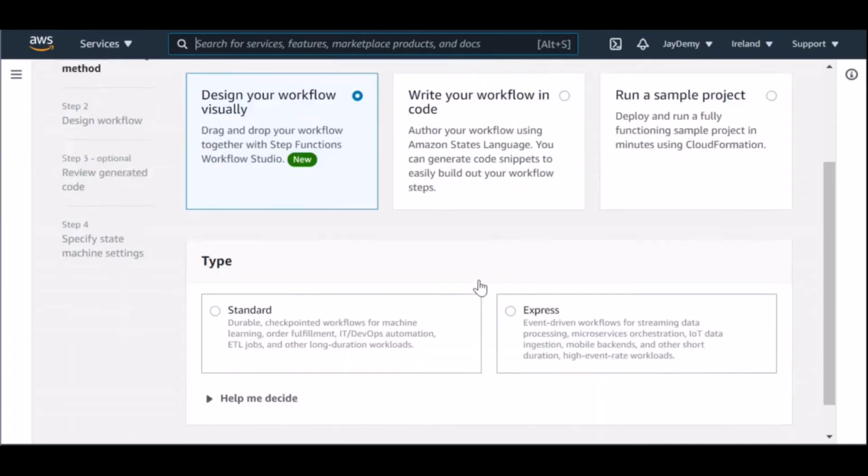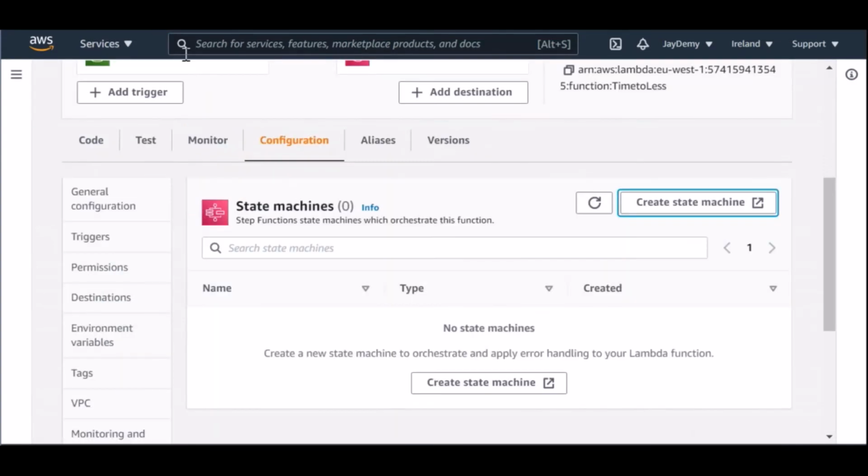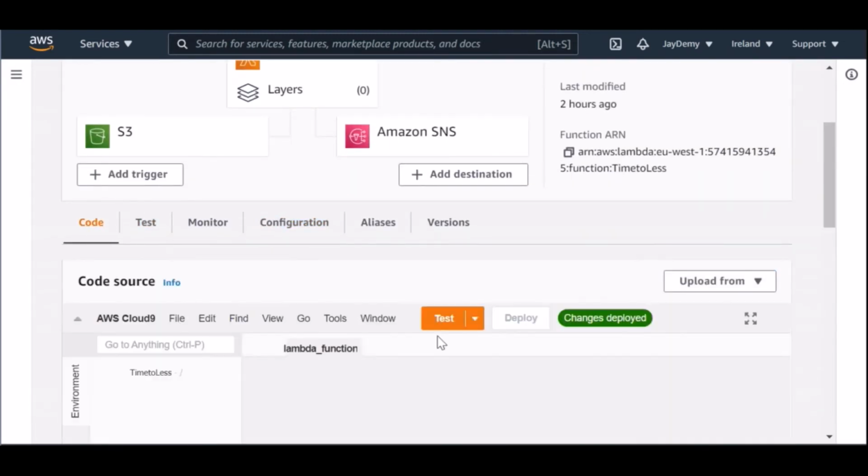If you want to create one, it will navigate to the new Step Functions console. Here we can create it and choose which Lambda function is executed first and which second.